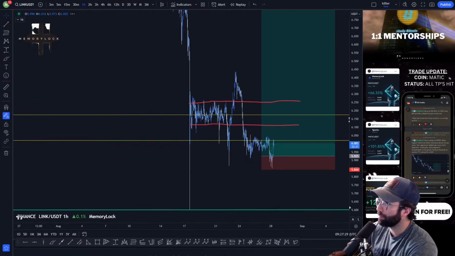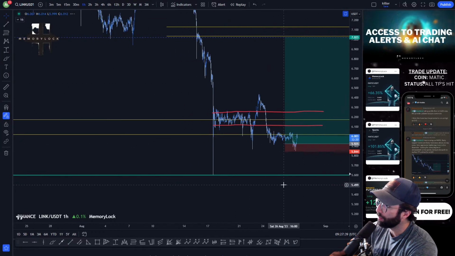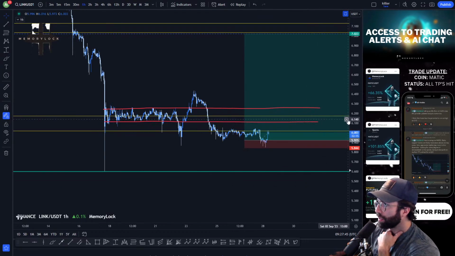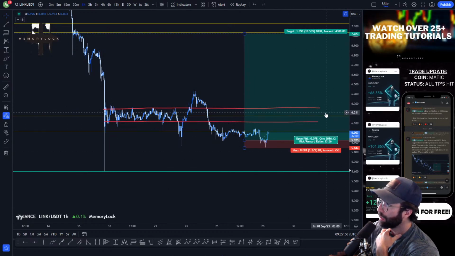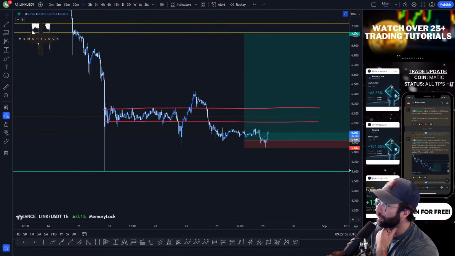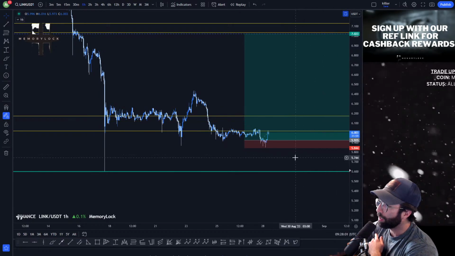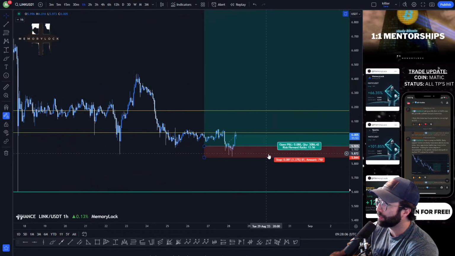Pretty basic trade, but on a higher time frame, if I end up being willing to hold this for longer, and if BTC does play ball a little bit, I wouldn't be surprised if we get a move to the midline here. If it really started showing some strength, again, I'm not going to hold my breath. I think this 6.1 to 6.3 zone is a pretty key take profit for me. Ultimately, it really is my primary target, but I would still love to see that move to the midline. We'll just have to play it by ear and see what happens. So that's my setup on Link right now, and why I'm in this trade.